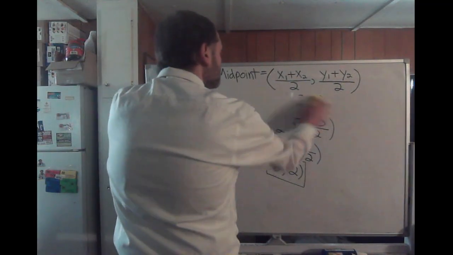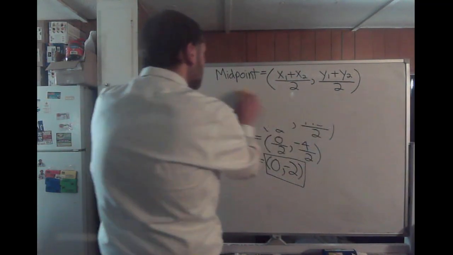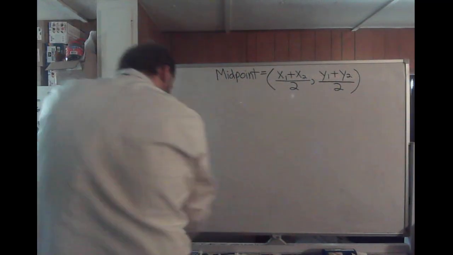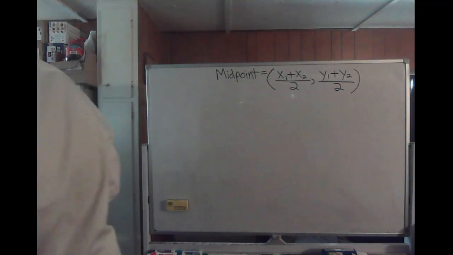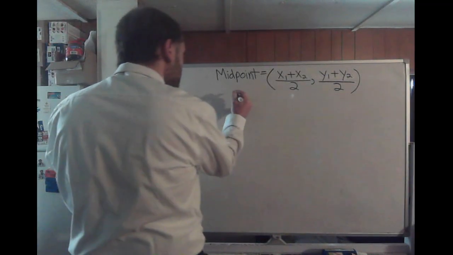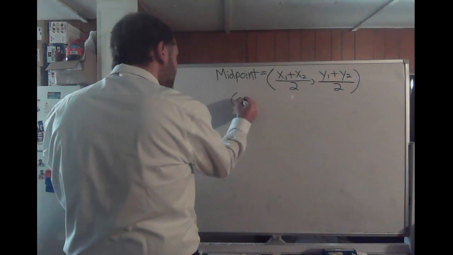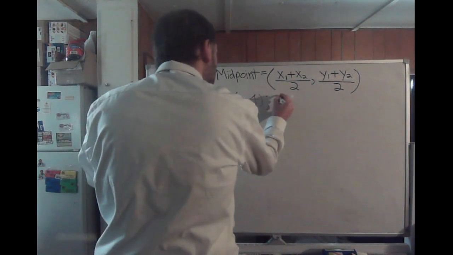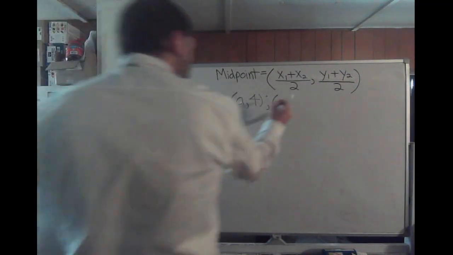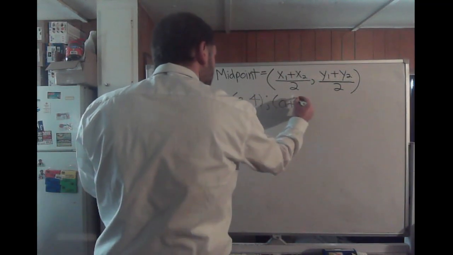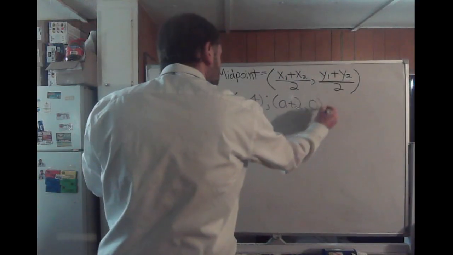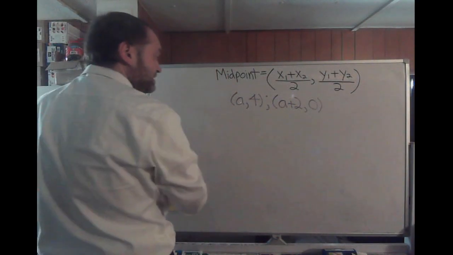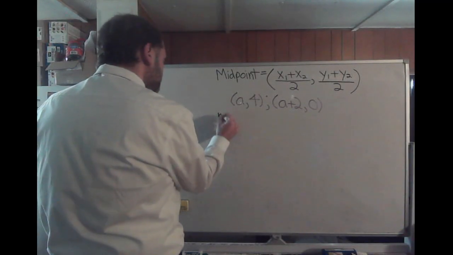Three more problems. Different this time. We have the coordinate a, 4, and then we also have the coordinate a plus 2, 0. So they throw a variable in for the x-coordinate. Well, it's still the same process. To find the midpoint here,